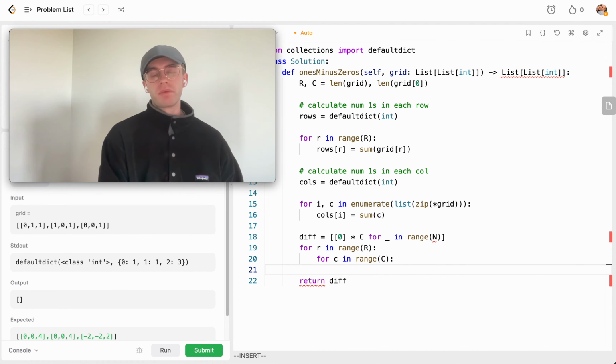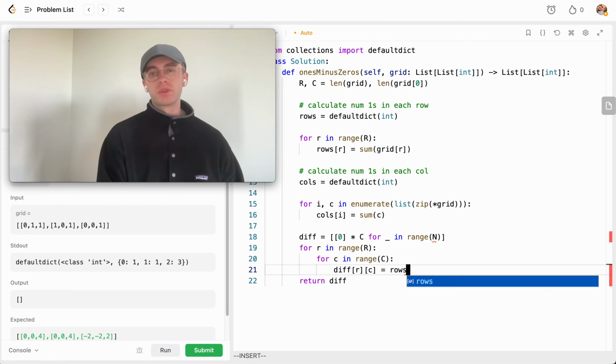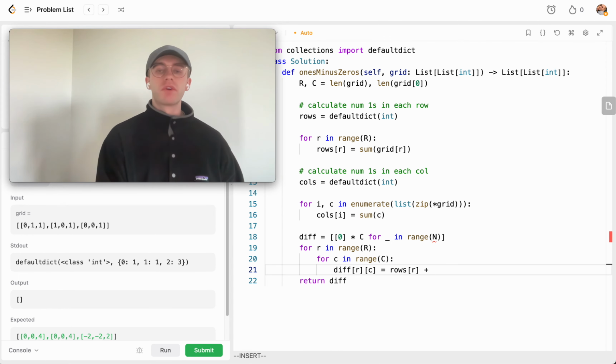And then with that, what we want to do is calculate this diff. We just use a formula that they define for this function, which is, okay, the difference at this row and at this column is just equal to the number of ones in each row, which is rows at r, plus the number of ones in this particular column index that we're in. And then we just subtract by basically the number of zeros. And the way you calculate the number of zeros in this current row is just, okay, it's the number of,